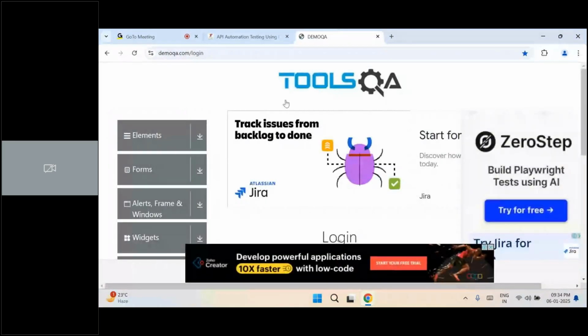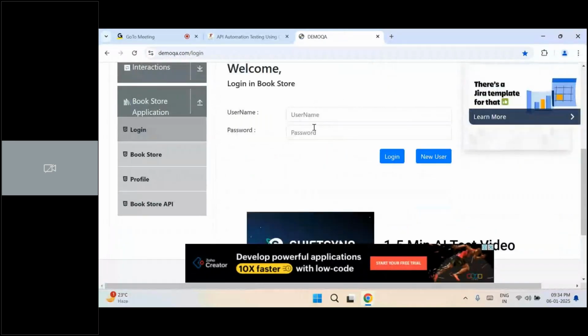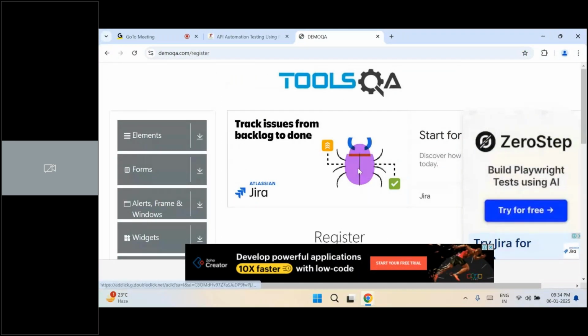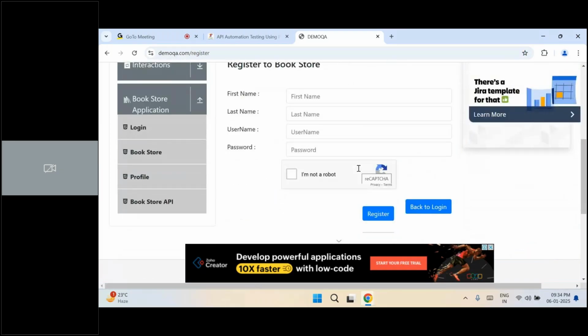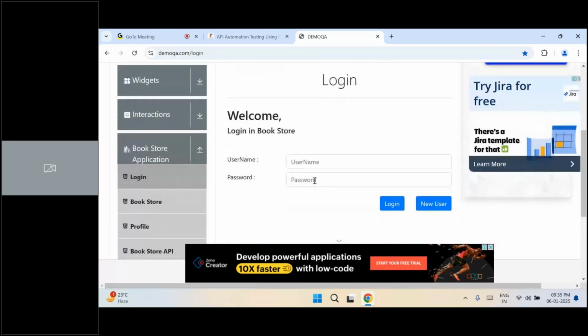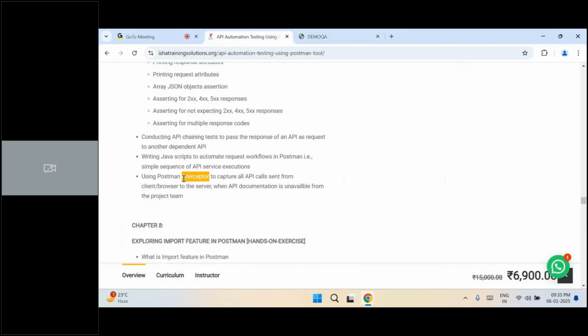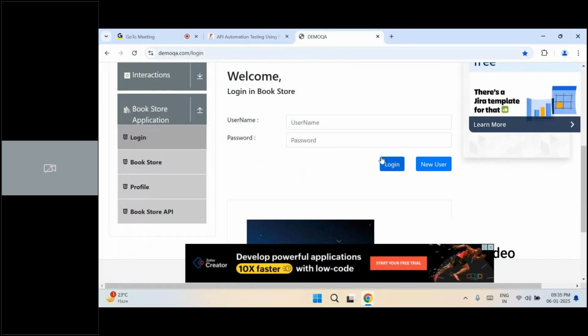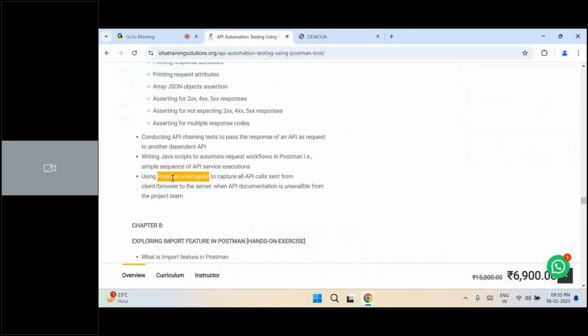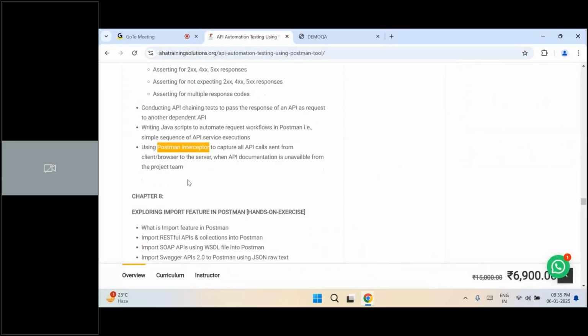Let us say this is our project, and you see here I have a login page, and if I click on new user, I see a registration page. So if I ask you guys to do the automation for registration APIs, similarly do the automation for login APIs, then your question is, okay, give me the API document, I will do it. And the developer says, I don't have an API document, go ahead and do it. How do you handle such situations? That is where the Postman Interceptor tool will come into the picture. When the API documentation is unavailable, you can do the automation of login APIs or registration APIs or logout APIs or make a payment or add to shopping cart, etc. using Postman Interceptor. Okay, I'll take a pause here until chapter 7.